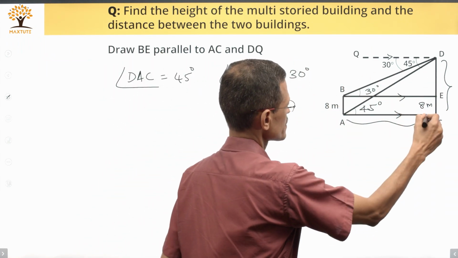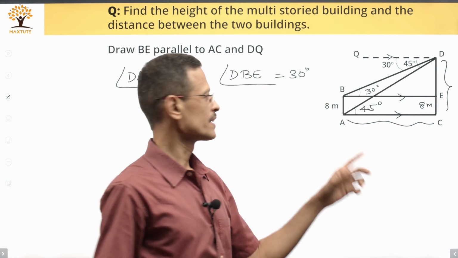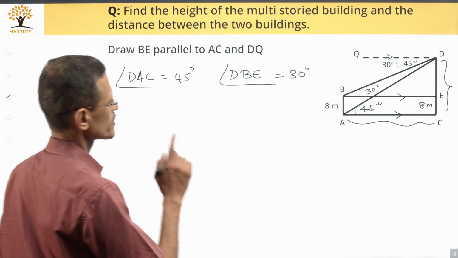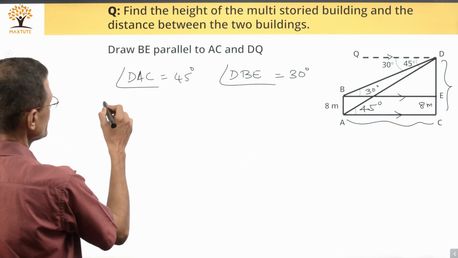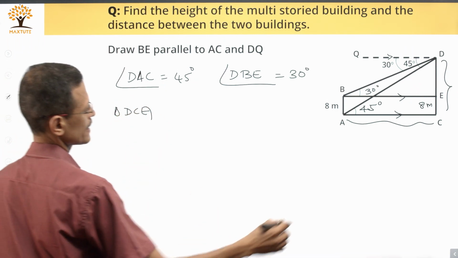So, if it is 90 degrees, this is 90 degrees. The distance between 2 parallel lines is going to be the same wherever you measure it. So, this is 8 meters here, it is 8 meters at EC. Super. So, I am going to start from right triangle DCA,